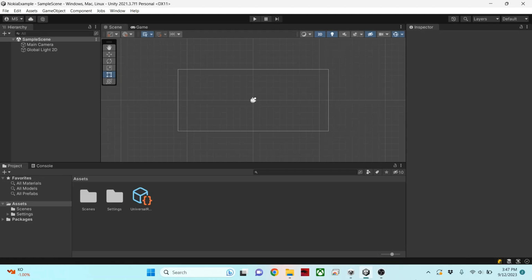Hello, welcome. Today I'm going to show you how I use the Nokia Mimic in order to make it a little easier to make games that fit the specs for the Nokia Game Jam in Unity. First, you'll want to